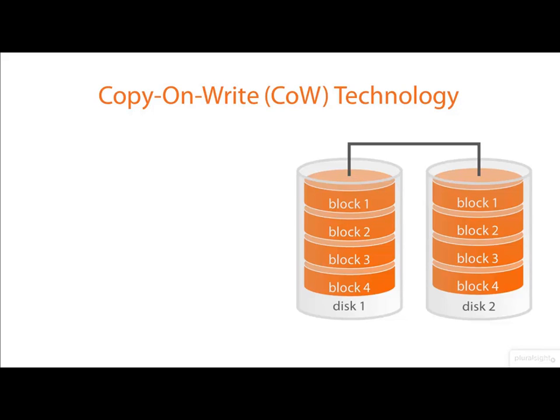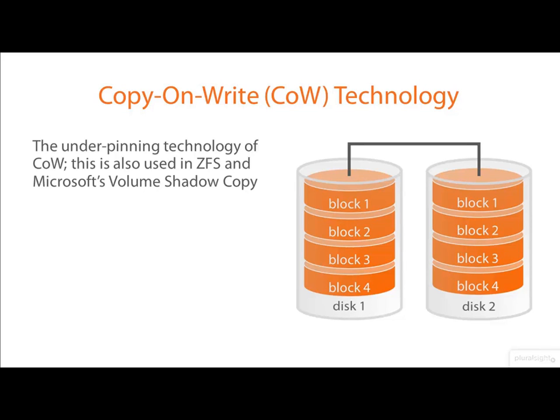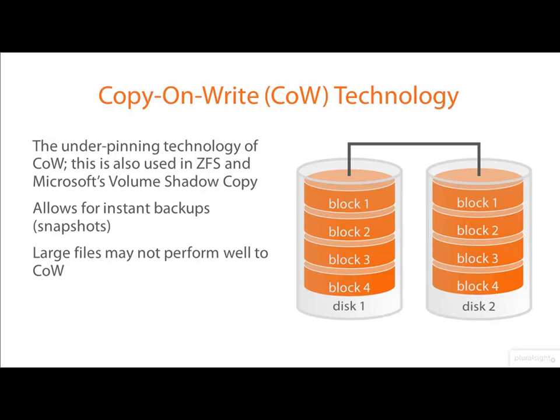Part of the underpinning technology behind the BTRFS file system is copy on write, or CoW. We're also going to find this same technology in Oracle's ZFS, which you're going to find on Solaris 11, and Microsoft's Volume Shadow Copy. So this is great because it allows for instant backups, or what's commonly known as snapshots, but perhaps for larger files the performance of the disk subsystem might not be as good with copy on write